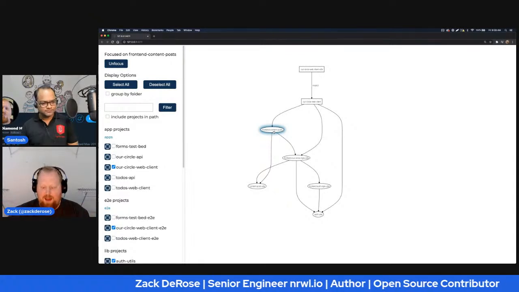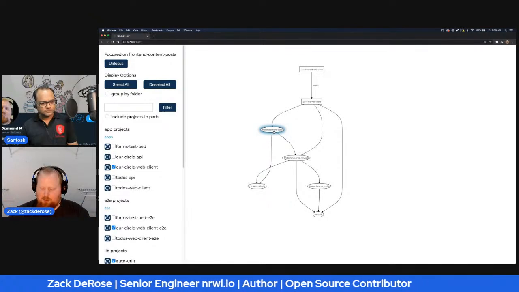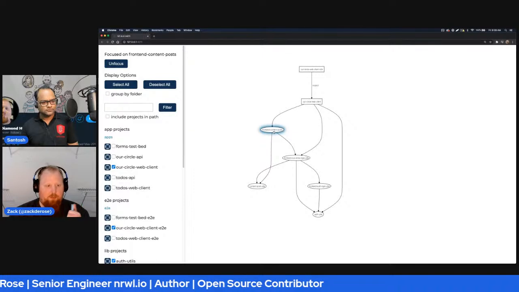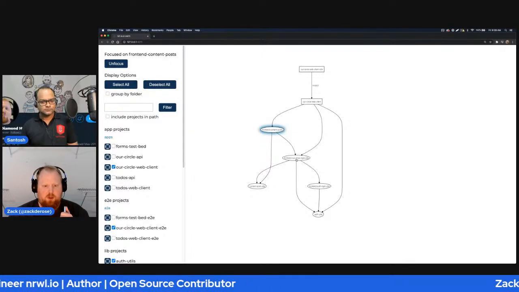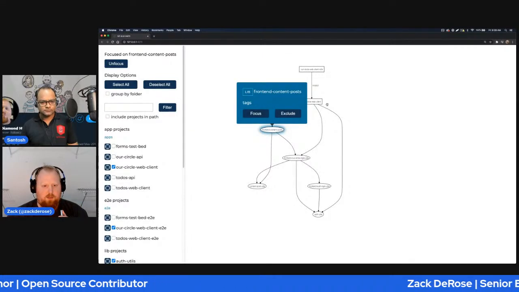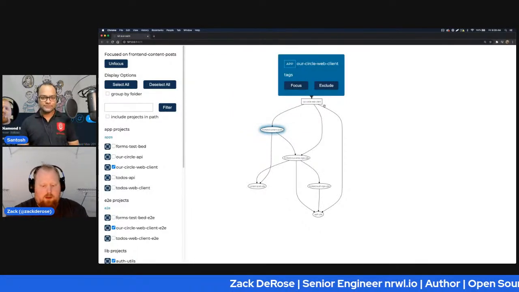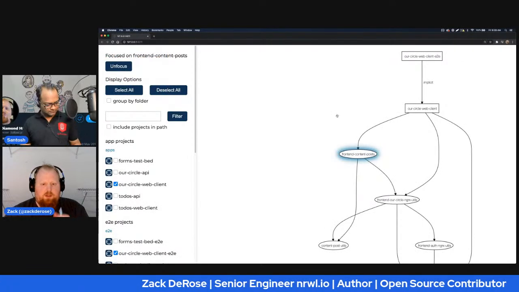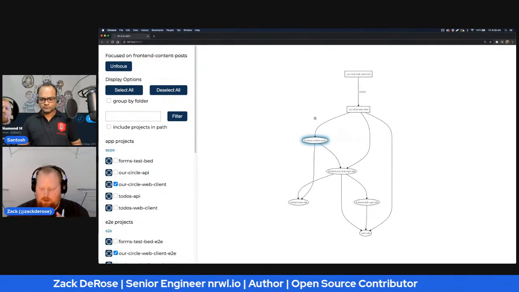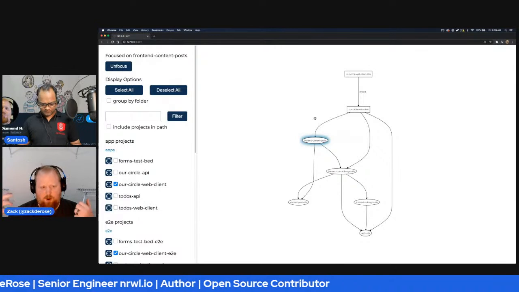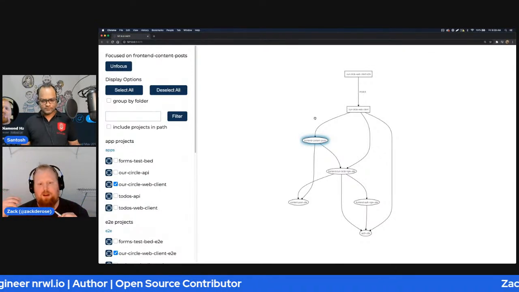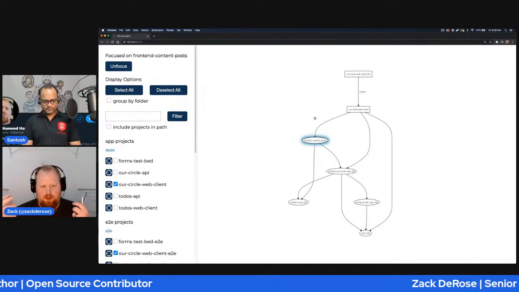That leads us to the point of a lib or a project. That's what each one of these nodes is here. The circles are libs, and the squares are apps. The idea is that these represent an atomic unit for NX in determining the way the dependency graph flows.